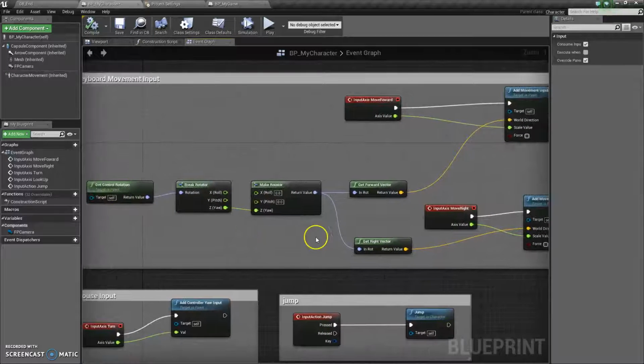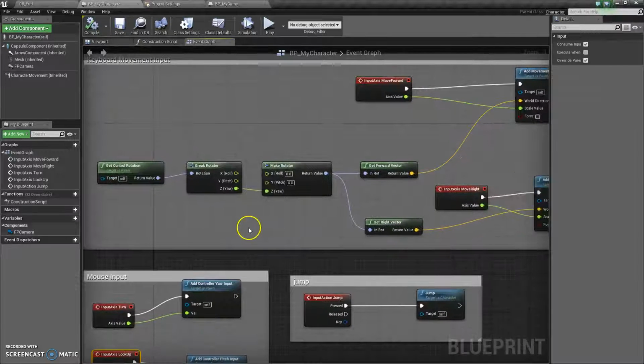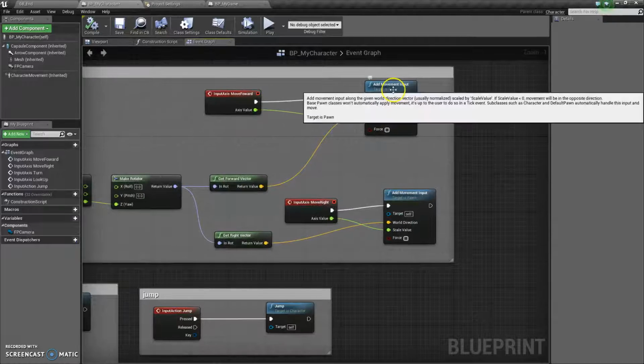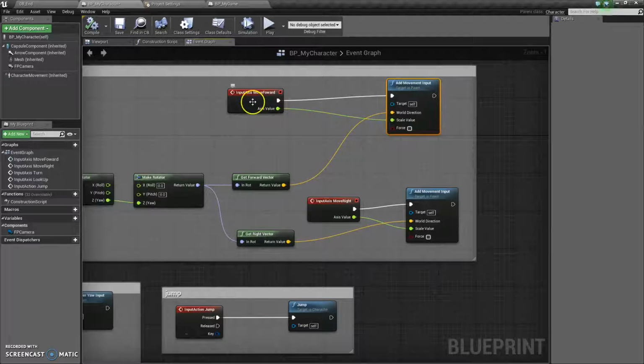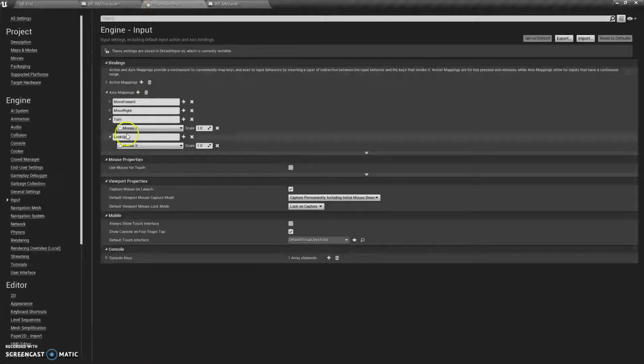Now I would go through all of these, but even I don't understand them fully. I'll try. So earlier I created these mappings. So under your project settings, what I did was I went to axis mappings, and I said